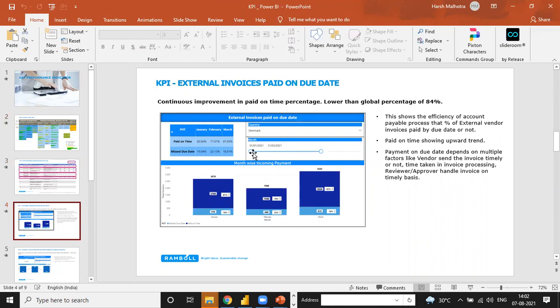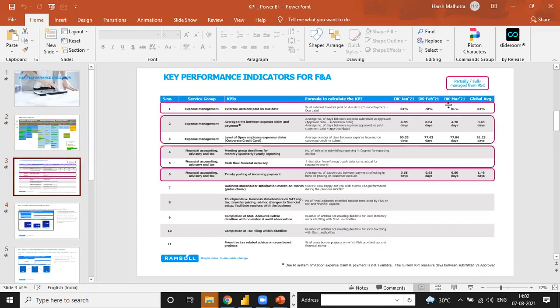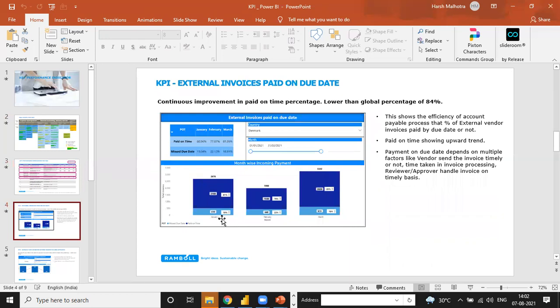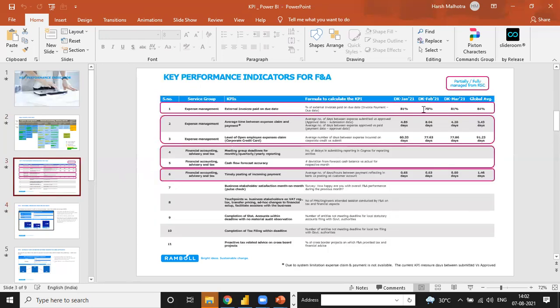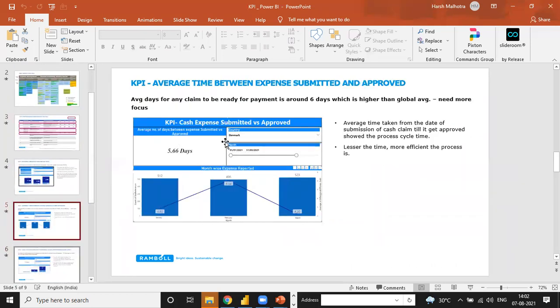See, Gaurav, there's a range 1/1/2021 to 31st, but we already have more data. So we have selected only 3 months of data, because as per our presentation we have to show just 3 months. See, there is 81%, 78, and 81%. We have to pull out the report and write it down here, and that kind of report we make for analysis or to share with the CEO or director level.